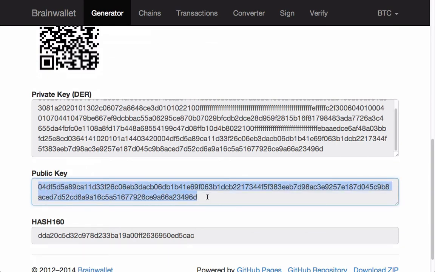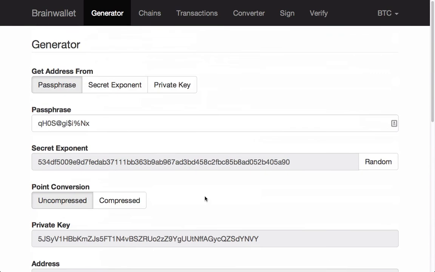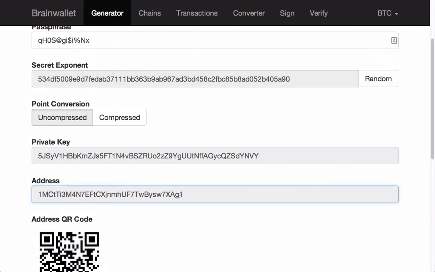I need all this information. I need to copy and store them. So now I'll only put in my clipboard this address, and I'm now ready to use Masterchain.info to send Mastercoins. So now I go to Masterchain.info,